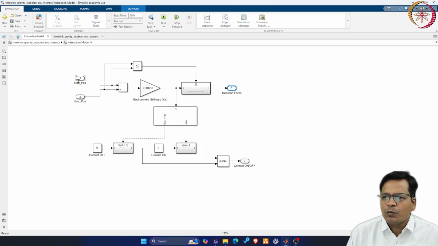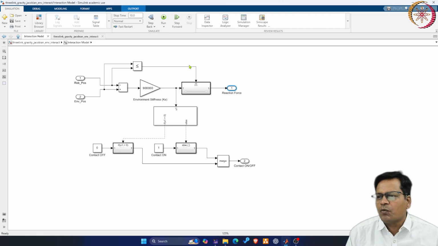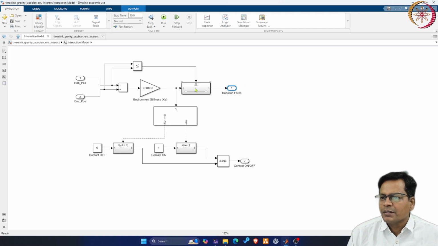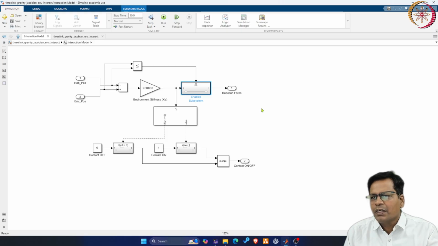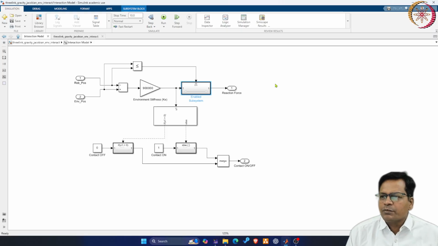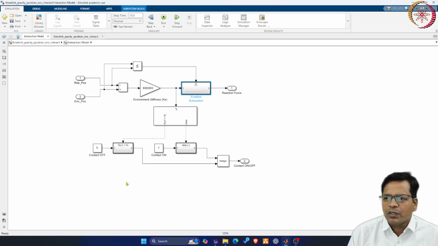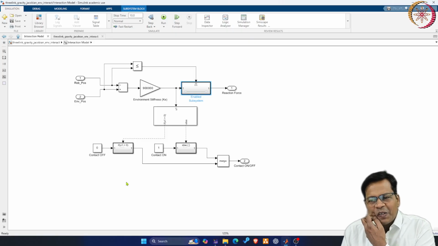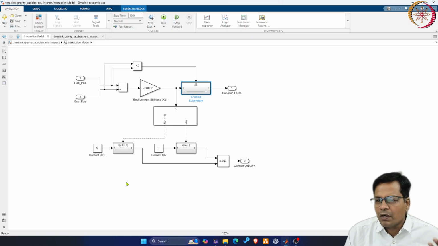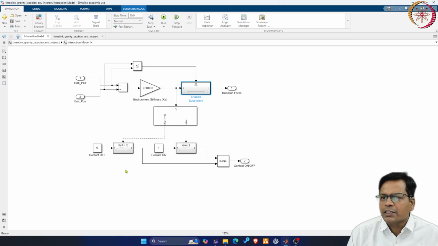When the difference between robot position and environment position has a positive value, that means it has penetrated into the wall. In that case, this is an enabled system. These blocks you can find in your MATLAB Simulink, because these are all Simulink blocks, nothing to do with the robotics toolbox or Simscape SimMechanics blocks.